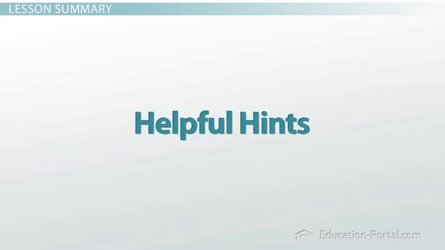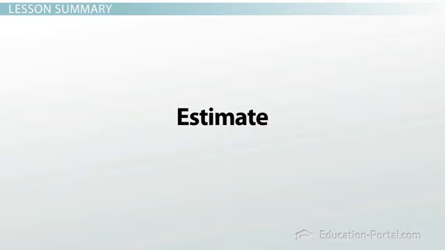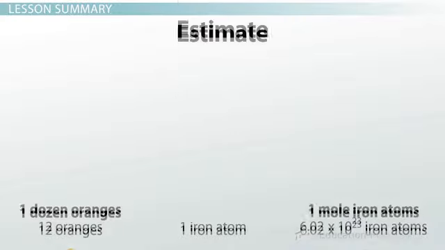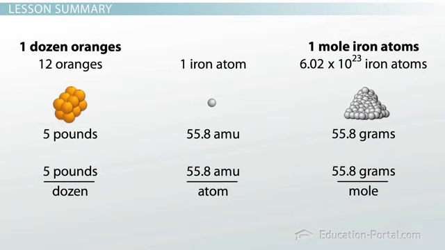Here are some helpful hints to use when solving these types of problems. First, estimate. Are you going to have a very large number? Maybe a very small one. Also, always remind yourself that a mole is just an ordinary number. Just like a dozen is 12, a mole is 6.02 times 10 to the 23rd. Yes, it is a big number, but it will always be that same number, whether you're talking about basketballs, dollar